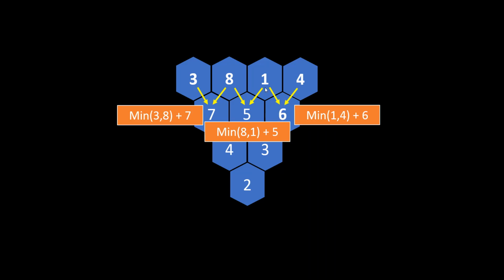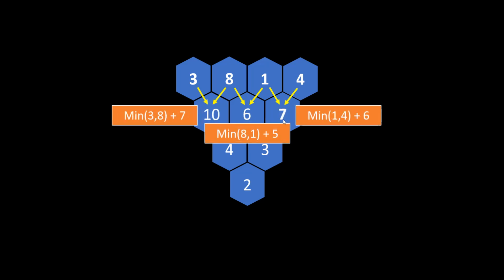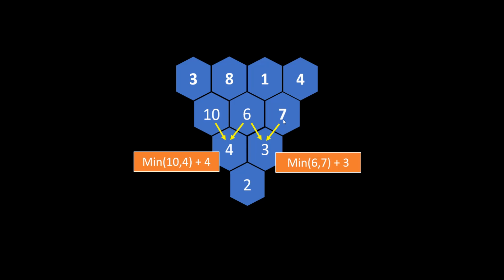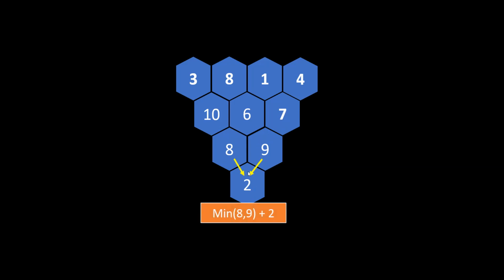So, now since we are reversing it, we are taking it in the inverted manner, that is from 3 and 8 we can go to 7 and so on. So over here my value would change to minimum of these two values plus the value at this cell. Similarly for this cell it would be minimum of 8 and 1 plus 5, and similarly for 6, which would give me this result. Now we'll go again one level below, and over here also we do the same, and this time the values get updated to 8 and 9. Similarly, when we come down to this particular cell, it would be minimum of 8 and 9 plus 2,